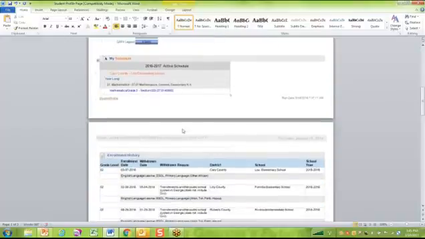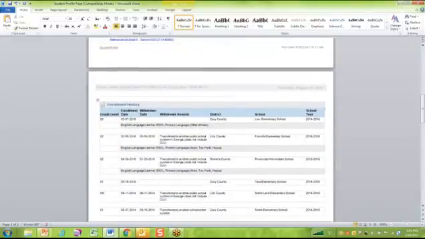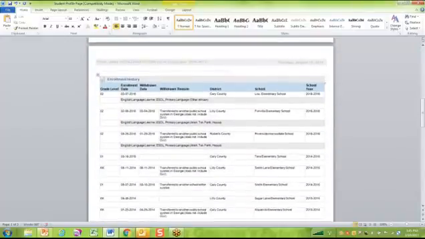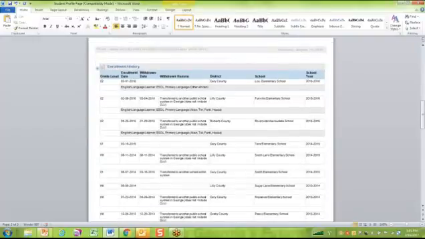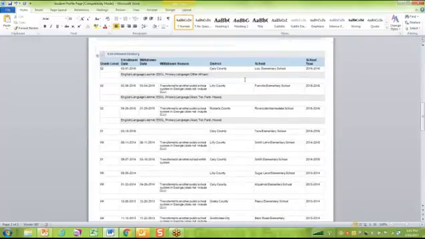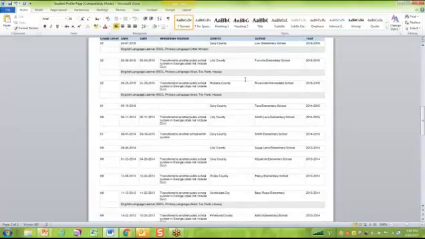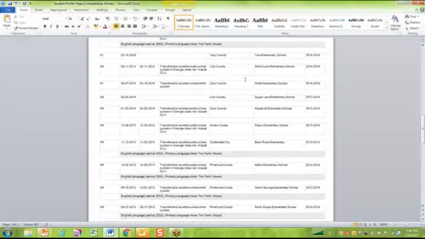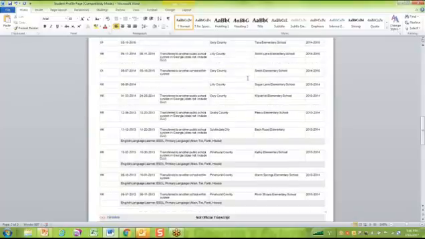And one of the most important pieces, and the reason that I'm using this particular student, and this again is real data but the names have changed, is the enrollment history. This will show you if a child has transferred, if a child has been retained, when a child has been diagnosed for special education. And I just wanted to point this out to you, that you can learn an enormous amount about your students